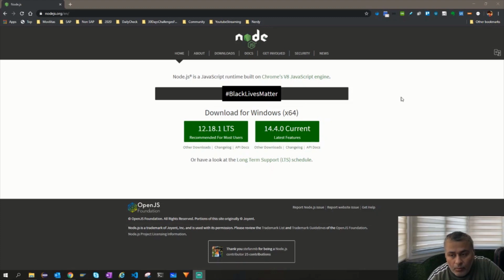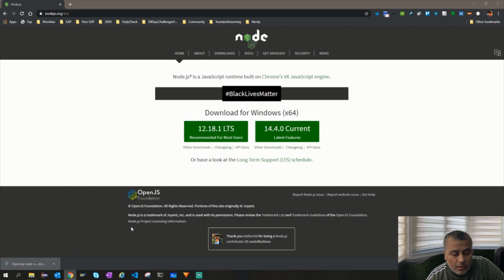Okay, so now we understand at a very high level what it is and what we are trying to understand. So of course, the next step is the installation. Installation is pretty simple and straightforward. All you need to do is go to nodejs.org, right? Because mine is a Windows system, it is showing me two versions. One is with the latest features, another is a stable version. I would recommend going for the stable one, as it won't break much.